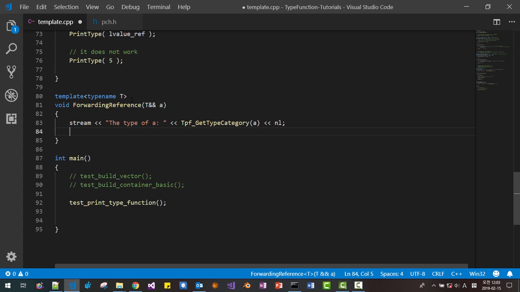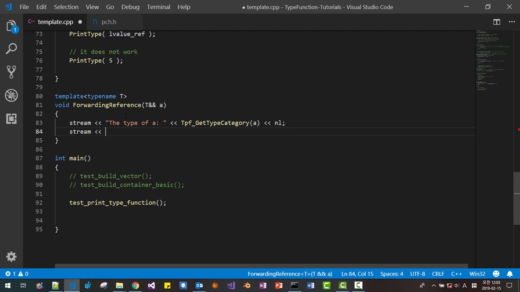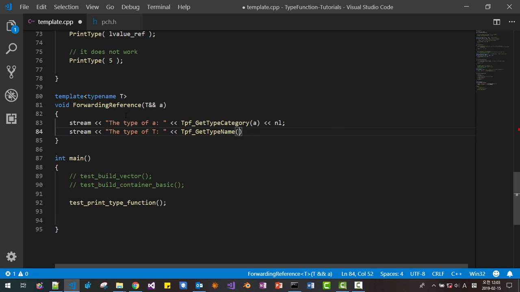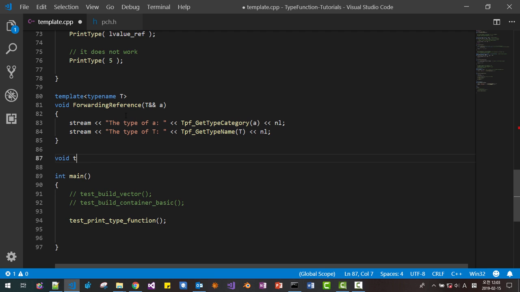We can also print out the type of T, stream, the type of T, talk play fun, get type name T, and NL. Now we test this function, void test forwarding reference,